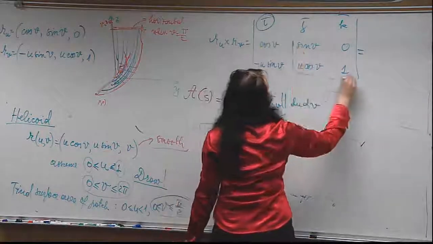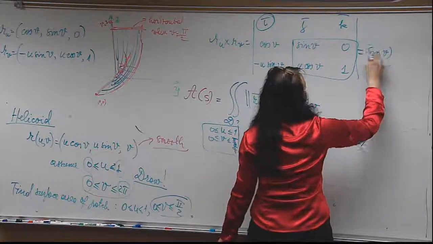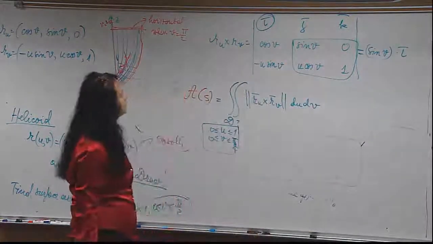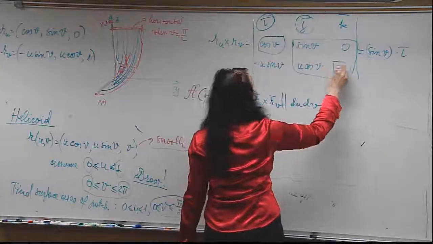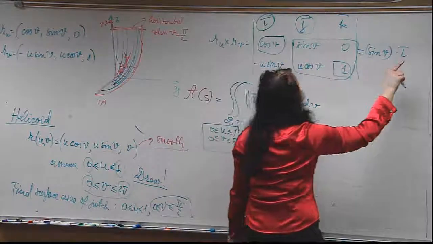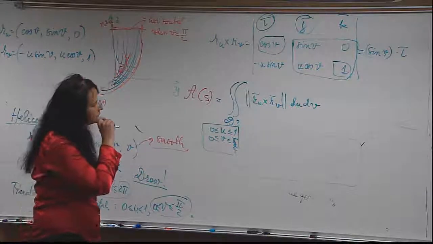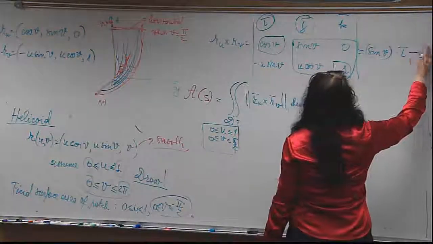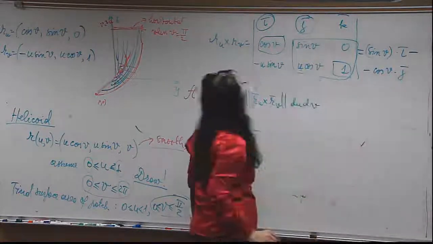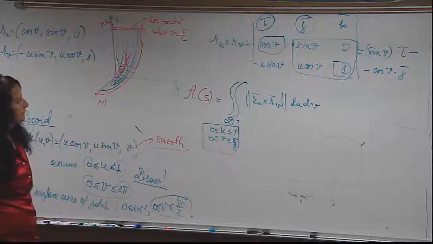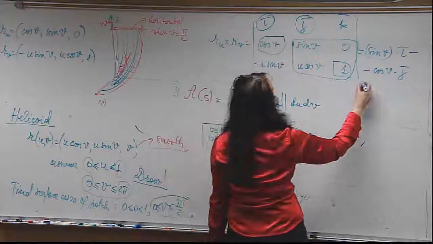I times that: sine v i. J has a friend. It is the minor, cosine v times 1, but I have to change the sign. Are you with me? Minus cosine v times j. This times that with the sign change. And then plus,